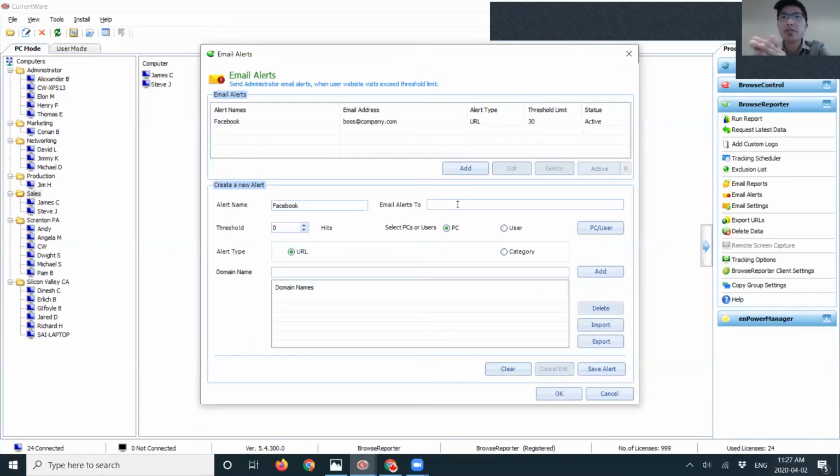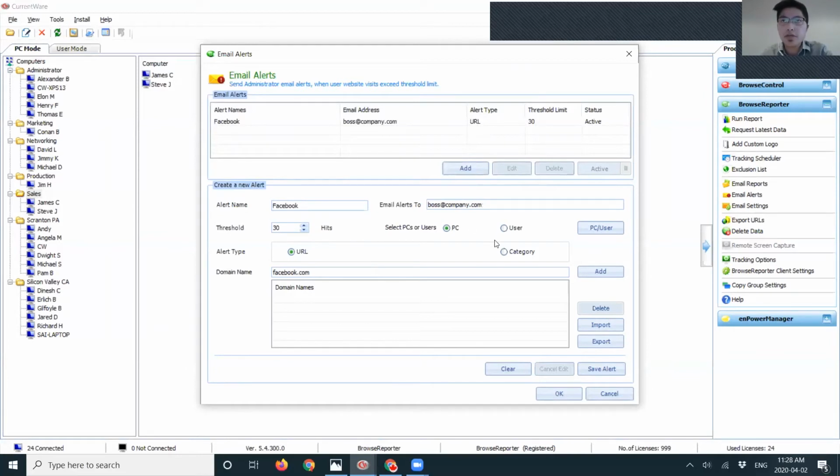And if somebody goes to facebook.com more than, let's say, 30 times in a day, send an email to the boss of this company. Okay, so this is a typical alert that you can create.